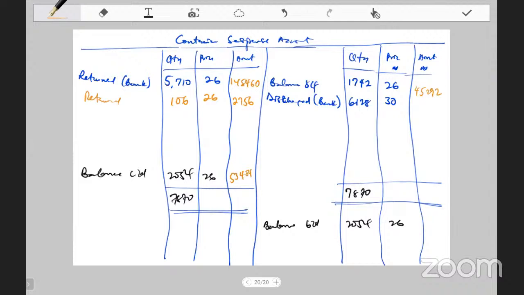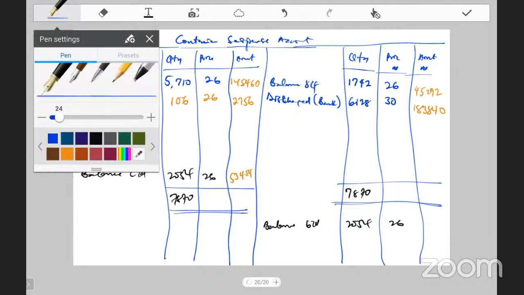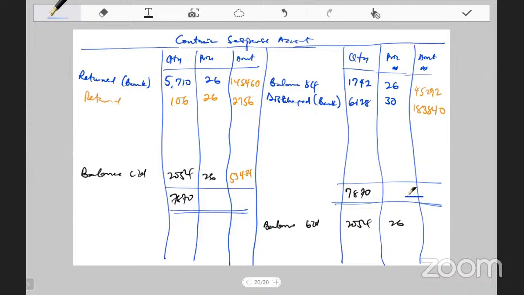445292. And 6128 times 30. That gives me 183840. So I add that to the amount of the 45292. So what's the answer I'm having? That is 229132. So that is